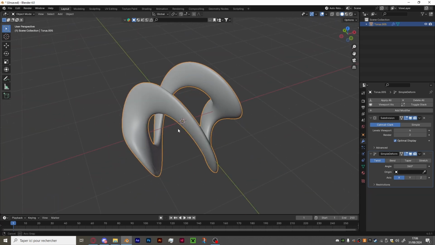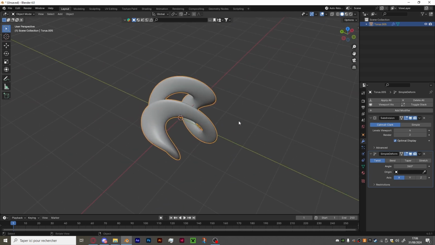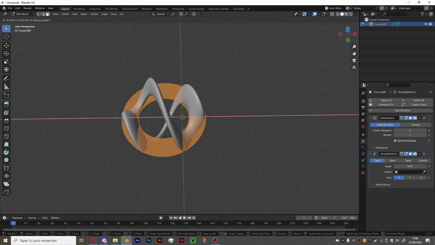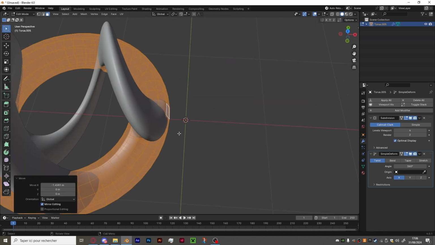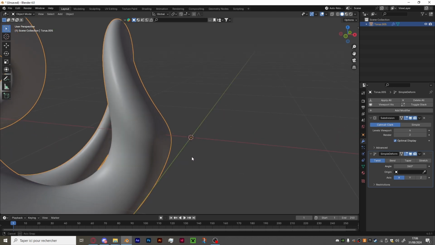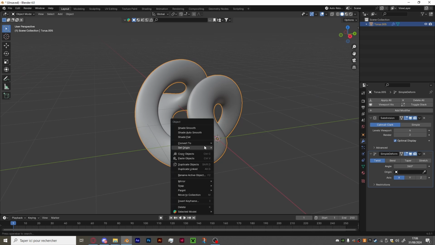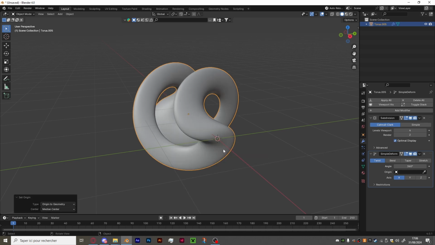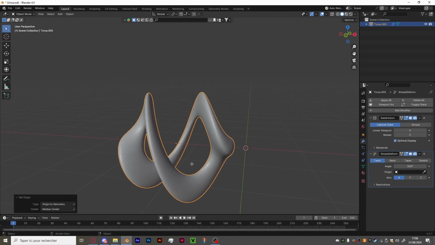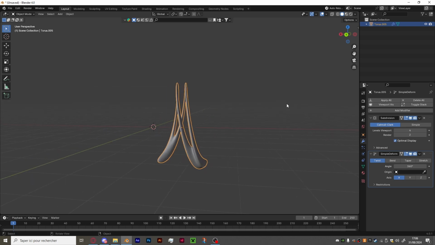There is a way to change this origin. It is simply by going to edit mode and then moving your geometry. It is going to change the point of origin. Now you can see that the origin right here, the orange dot, is not in the center anymore. If you want to fix that, you can simply right click and set origin to geometry, or maybe geometry to origin or center of mass or whatever. And as you can see, when I move my shape around the point of origin,